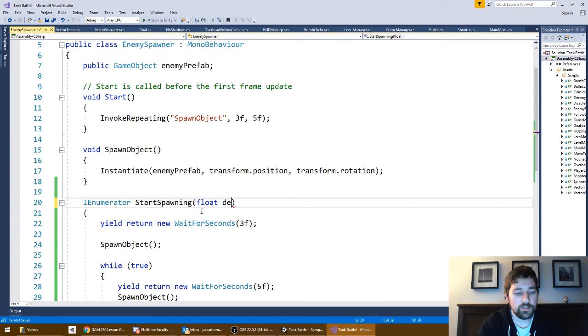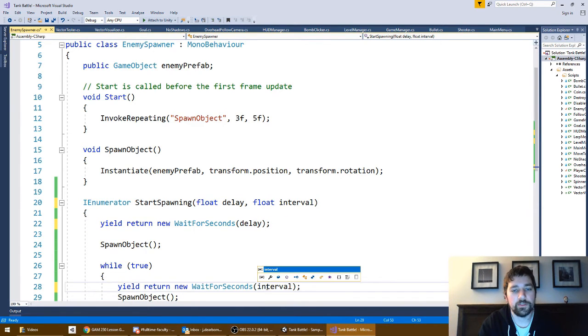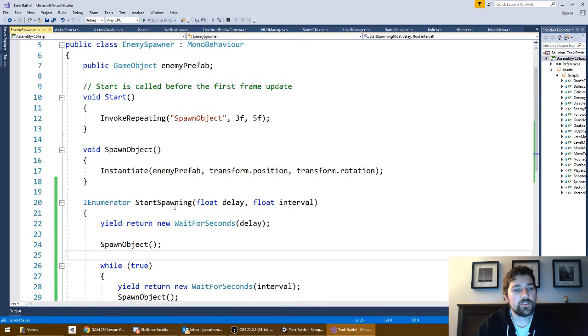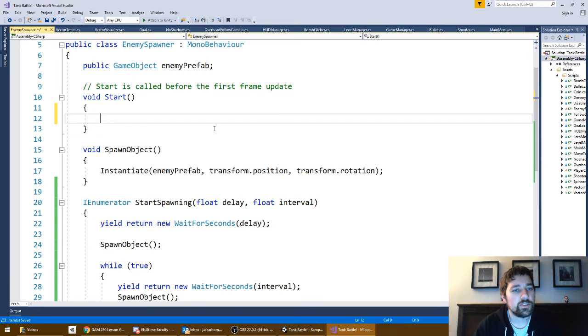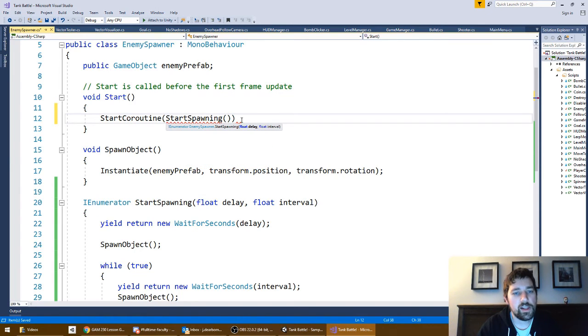Let's say delay and interval. So I can parameterize those. Delay, interval, great. So now when I want to call it, I want to call StartCoroutine. In StartCoroutine, I need to call that function, StartSpawning, and give it the delay, give it the interval,